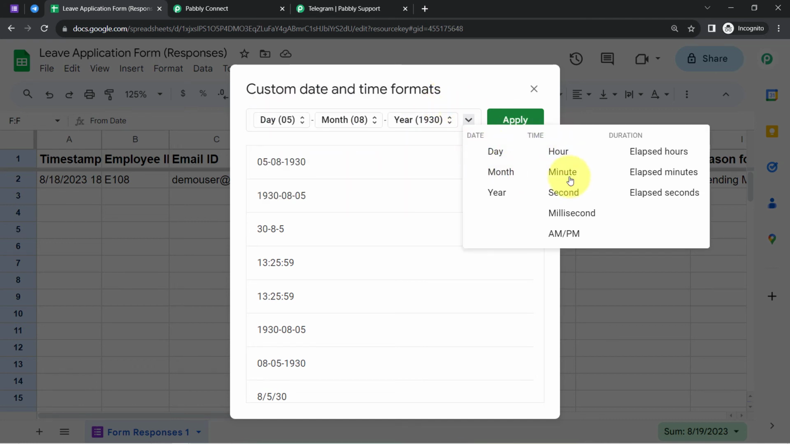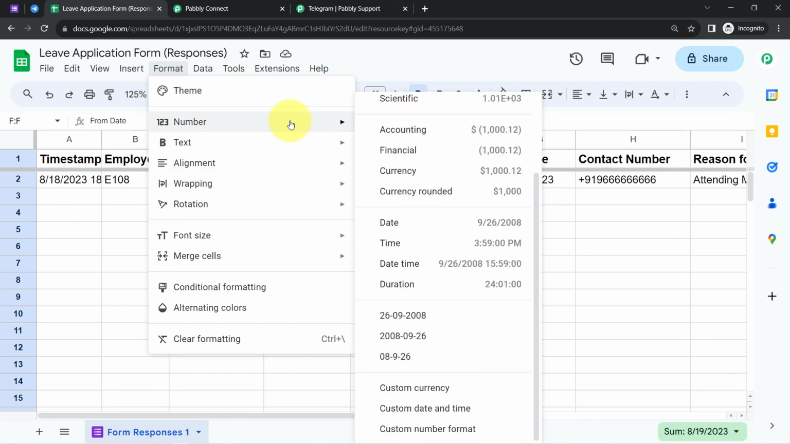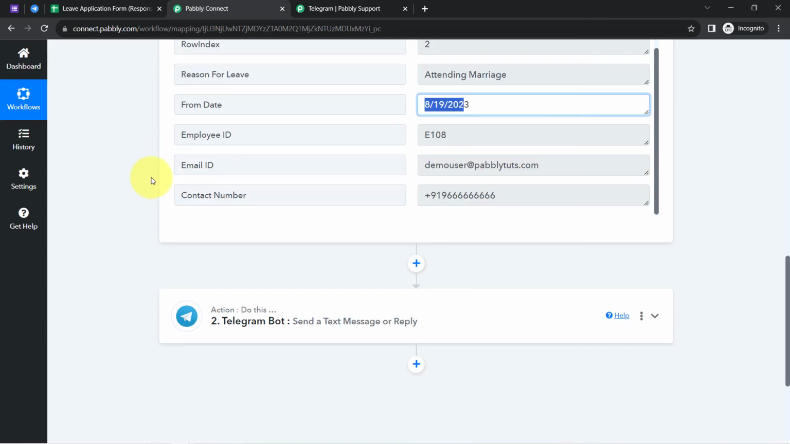As soon as you click on this arrow button, all the options will be visible here. Okay, and again some predefined options are already provided here. Again click on this number section, and here you can notice some predefined options are available here. So this was the first way of changing the date and time format, and the same can be done